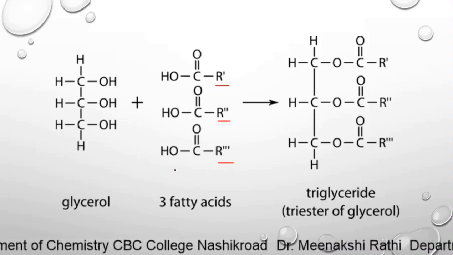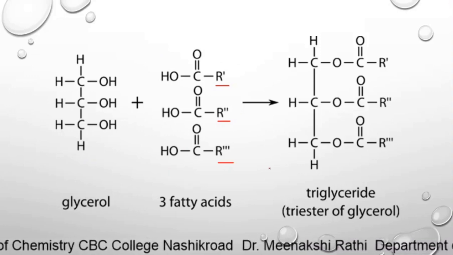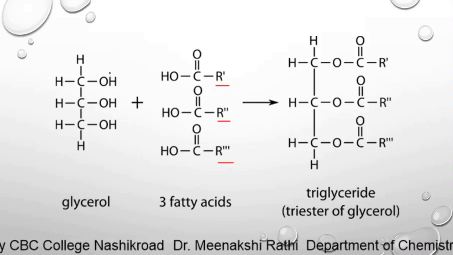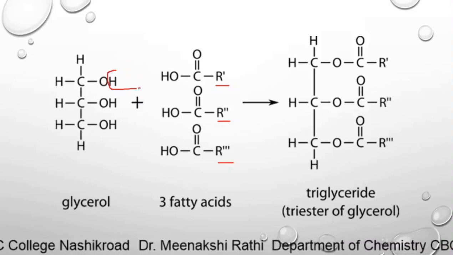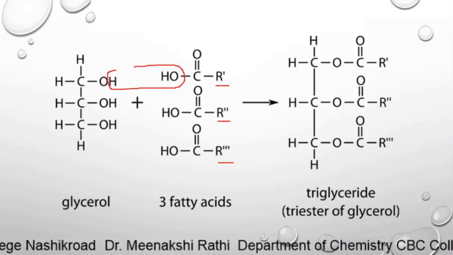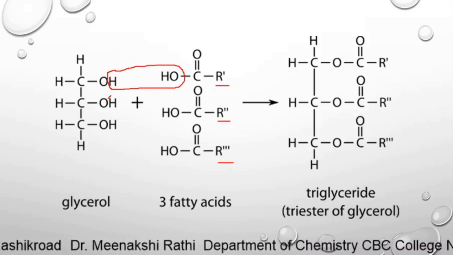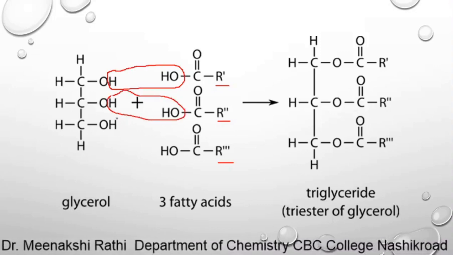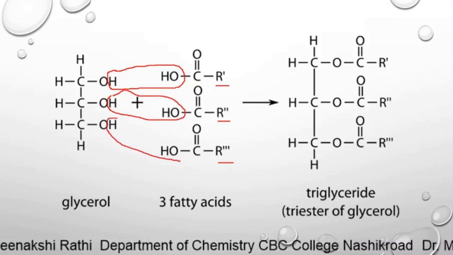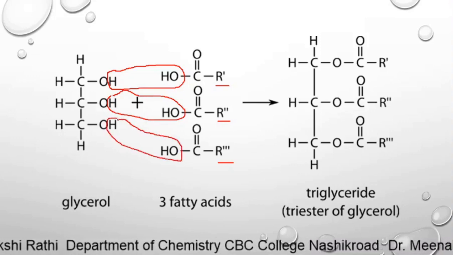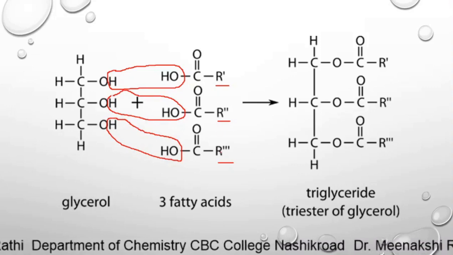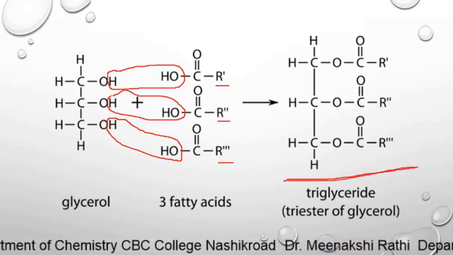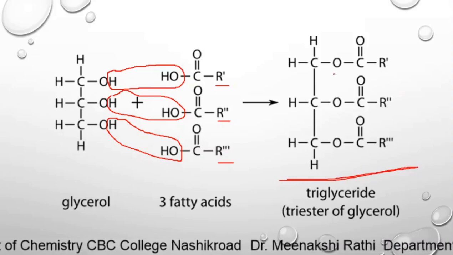Whenever alcohol plus acid, there is formation of ester. So here H and OH from the acid condense with each other, there is removal of a water molecule, and one molecule of glycerol attaches to the 3 molecules of fatty acids and there is formation of ester. This is the ester functional group,